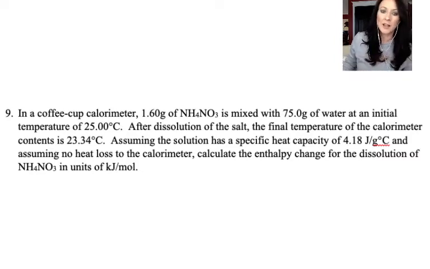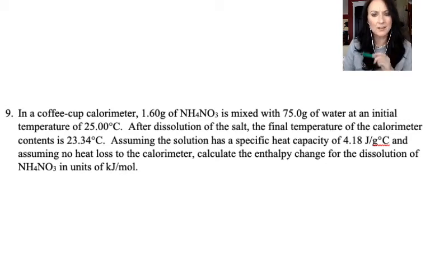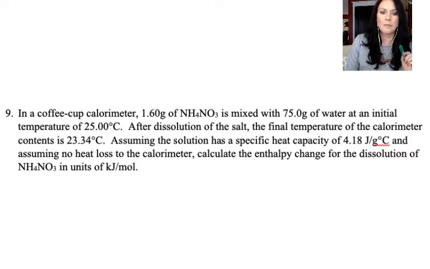In a coffee cup calorimeter, 1.6 grams of ammonium nitrate is mixed with 75 grams of water at an initial temperature of 25 degrees. After the dissolution of the salt, the final temperature of the calorimeter contents is 23.34 degrees. Assuming the solution has a specific heat capacity of 4.18, and I think I used 4.184 in my calculation, that's what's in our data booklet, and assuming no heat loss to the calorimeter, calculate the enthalpy, delta H, of the dissolution of ammonium nitrate in